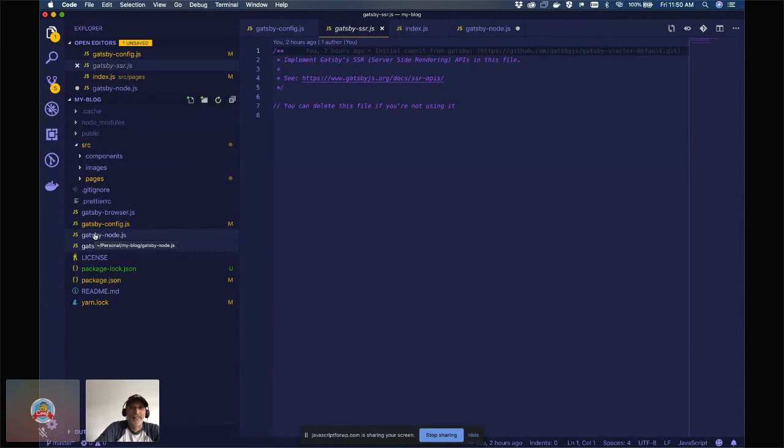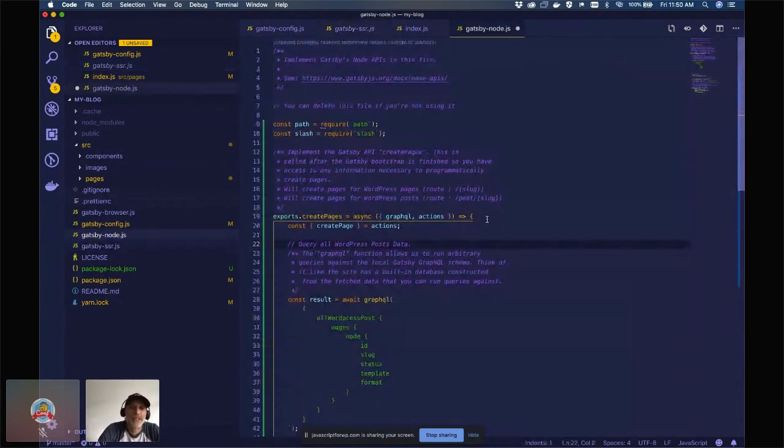And finally, we have Gatsby Node. So Gatsby Node is when they run, as it says, the development process or build. So here they have several options. One of the options we are going to use is create pages. But first, let's check